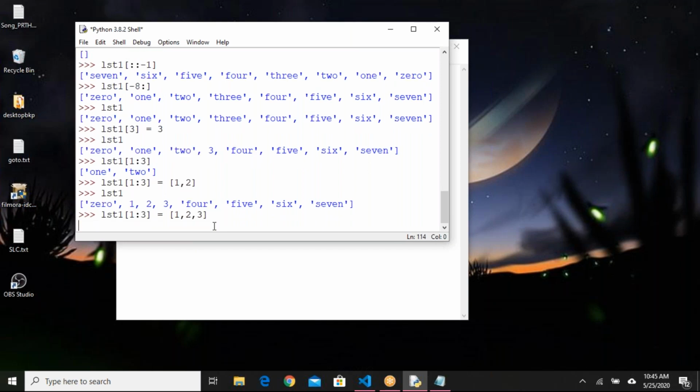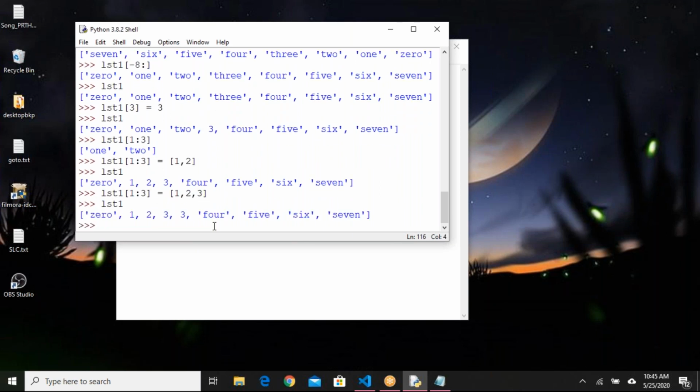Will it work? What happened here? No error. All the three elements will be added starting from the index 1. Even if you provide extra elements also, those values will be added.